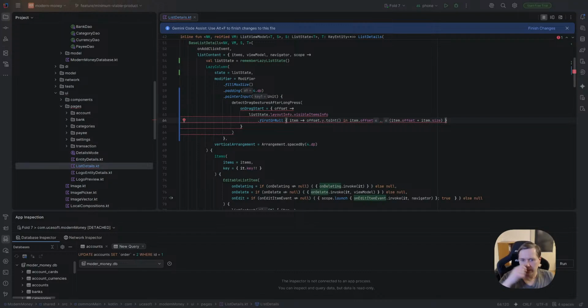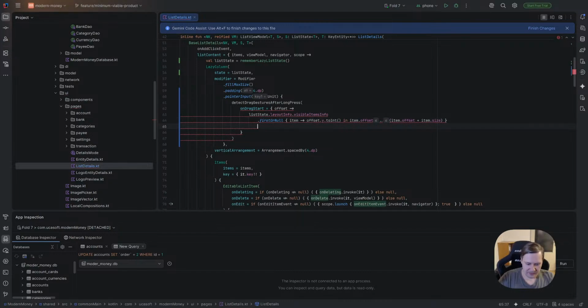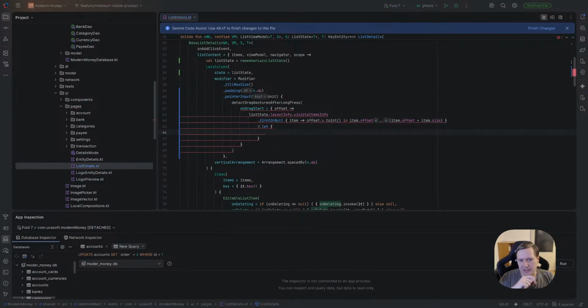So we would like to find the item where our y coordinate is. We have item offset, and because it's a lazy column, not a lazy row, for example, we know that offset is only by y coordinate, but drag is where exactly we press and click. So in this case, we just take the first item whose offset covers our clicking coordinate. Let's say it this way, and if we found it,